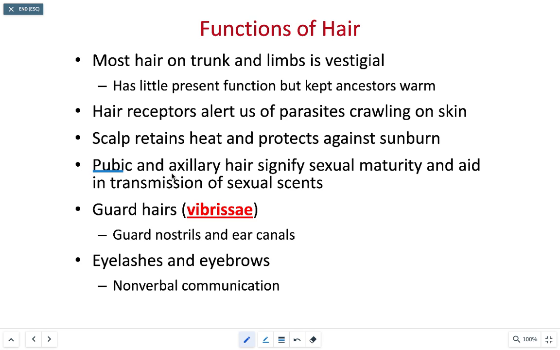When we think of pubic hair and axillary hair, that's a way to signify that you're post-pubescent, you are sexually mature and capable of reproduction. Also, those axillary and pubic hairs are also going to help transmit sexual scents. Some people find the smell of someone's natural musk to be very attractive,